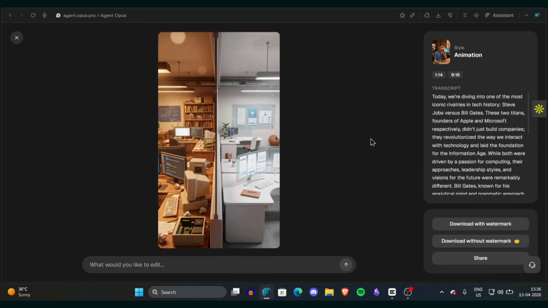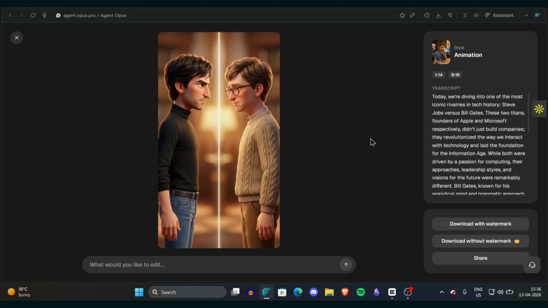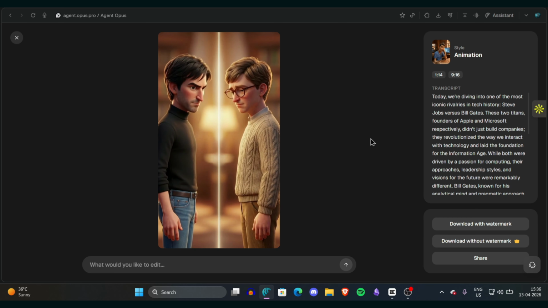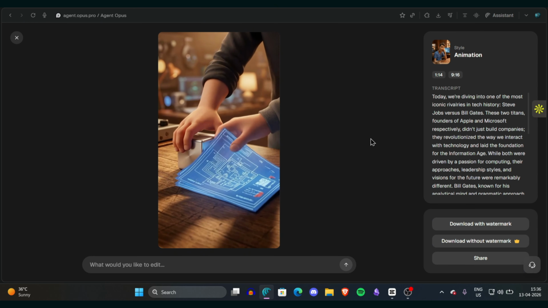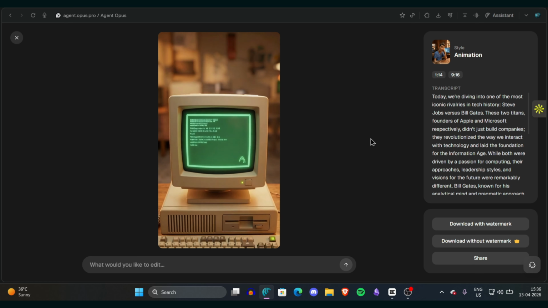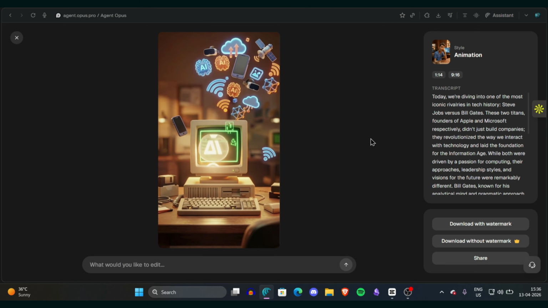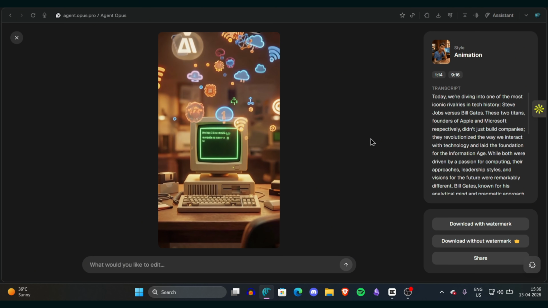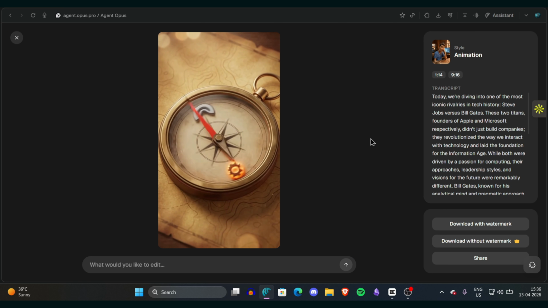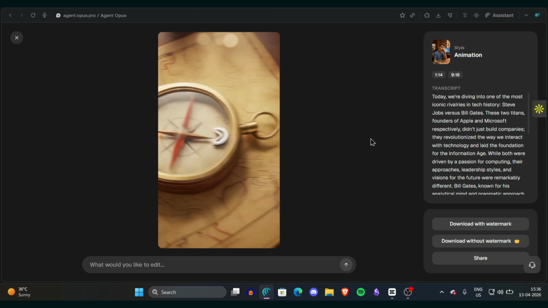Today, we're diving into one of the most iconic rivalries in tech history, Steve Jobs versus Bill Gates. These two titans, founders of Apple and Microsoft respectively, didn't just build companies, they revolutionized the way we interact with technology and laid the foundation for the information age. While both were driven by a passion for computing, their approaches, leadership styles, and visions for the future were remarkably